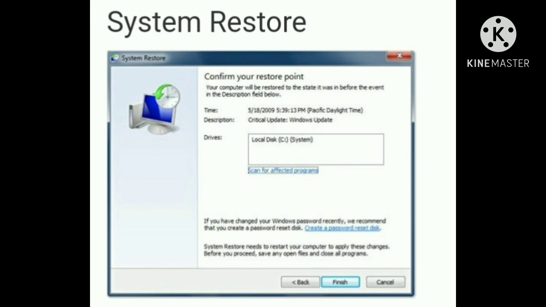It is a good idea to create a restore point before you make major changes, such as new hardware or drivers, or doing any major updates. To run system restore, go to Start button, Programs, Accessories, System Tools, System Restore. The system restore screen will come up. Follow the on-screen instructions.